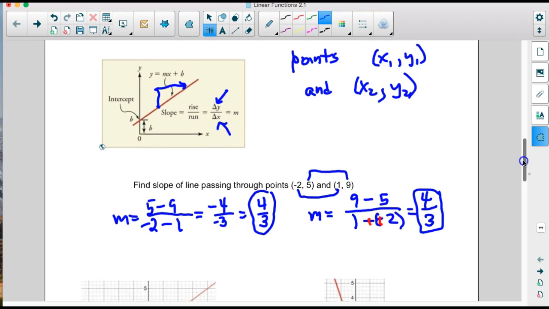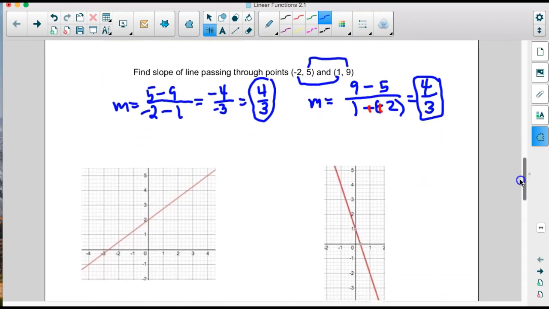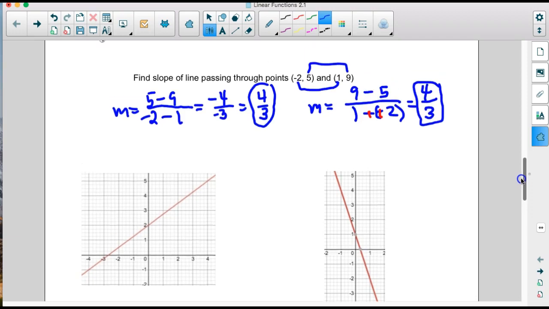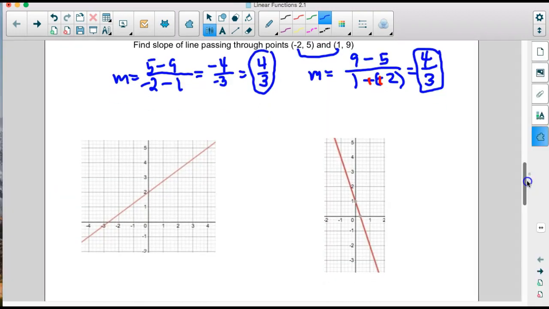Alright, you may also have to find the slope from a graph of an equation. So if in the graph they want you to find the slope, we're going to be doing this right here. We're going to be identifying the rise over run. So in an equation, what you would do here is you'd find some points that are on integer values. So if I were to go 4, it has a value up here, so I could use that point to